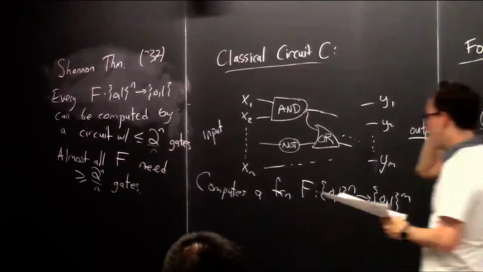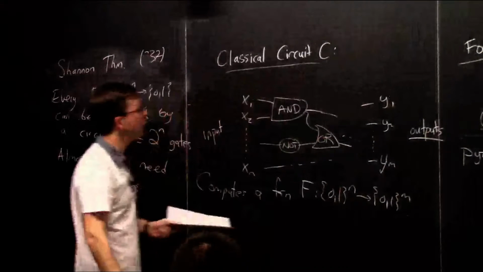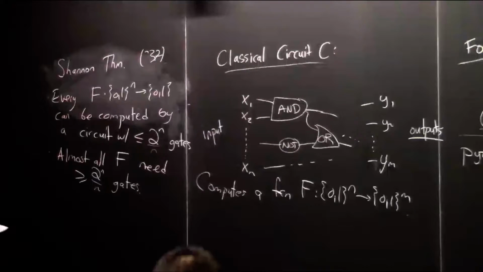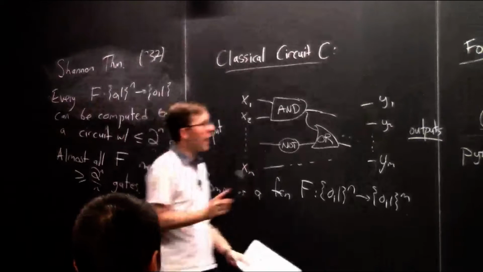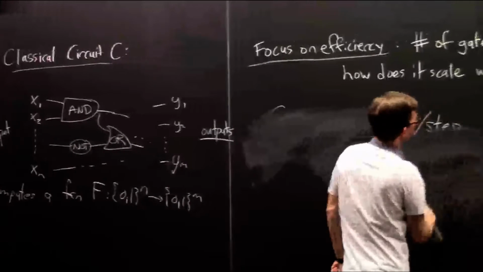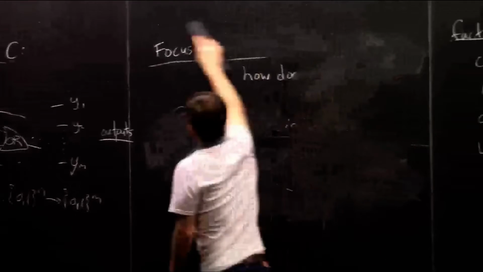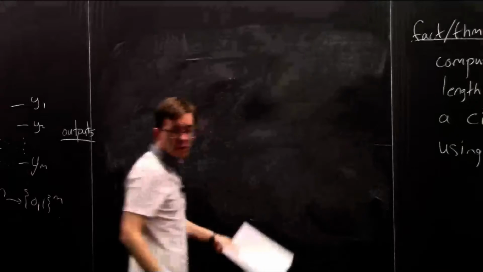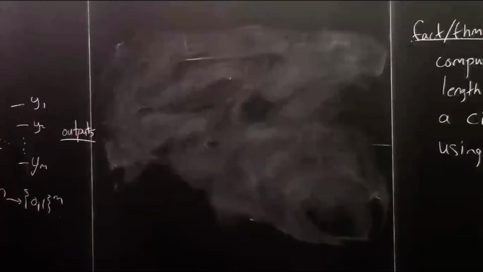Okay, so that's the quick summary of classical computing and efficiency, and now we're going to talk about the same story but in the quantum setting. First, though, I have to briefly mention also probabilistic computing. Since quantum computers, quantum circuits, have measurement gates that are inherently probabilistic,